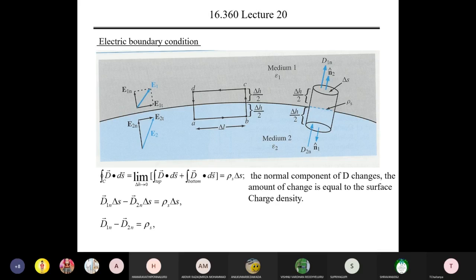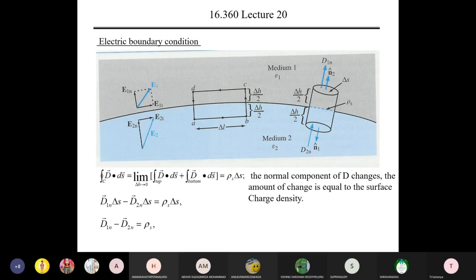See here, there is a path, and the same thing we have to consider for the flux density too. For that, let me consider a cylinder which is placed across both the mediums. The cylinder height will be delta H. Half of the cylinder will lie in medium 1, and the remaining half will lie in medium 2. That is, the medium 1 cylinder height is delta H by 2, and the remaining half height of the cylinder belongs to medium 2, that height is delta H by 2. So this is a diagrammatical representation.